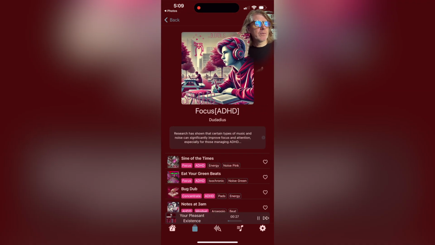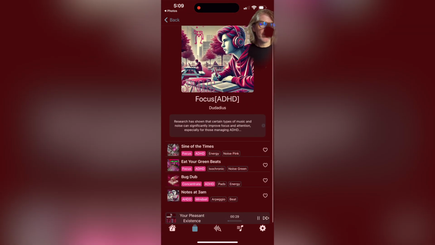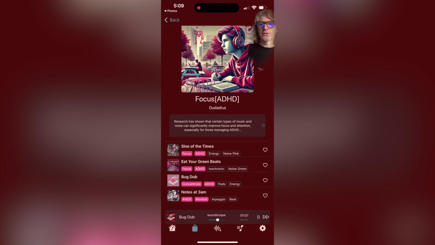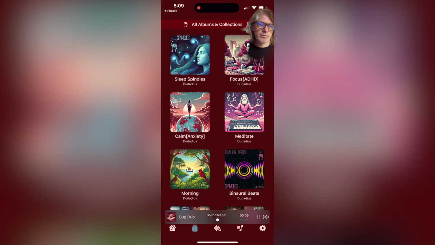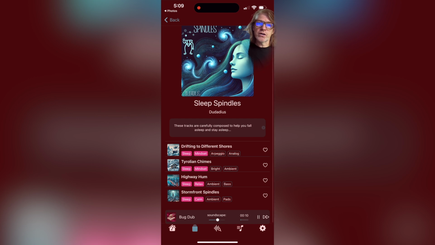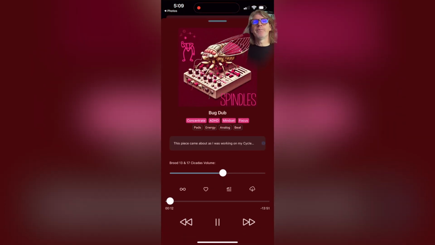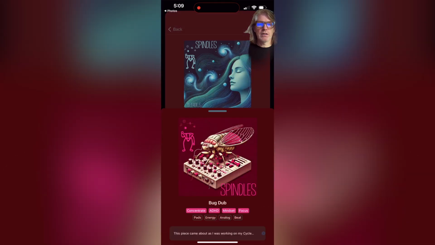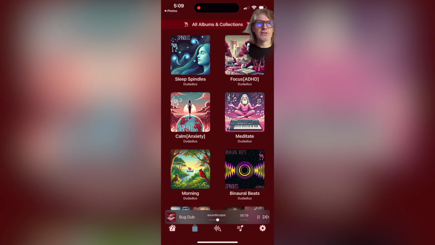And you will find some tracks will be in multiple albums or collections. So there might be one album with certain sleep tracks, and then there might be another sleep album that has a different focus, and you might find some crossover in there. But it's going to, for the most part, be more of a static collection of the whole thing, as opposed to the front page, which is going to be more dynamically changing over time as I feature different tracks.